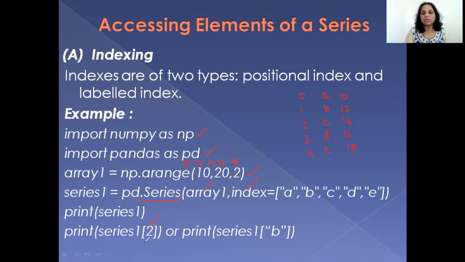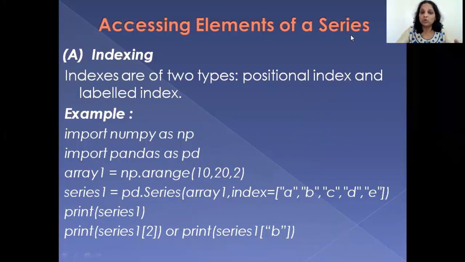Now let's look at the last line of the print statement. I say print series1[2]. What does that mean? As we know from the list, the string or the NumPy array, show me the element at positional index 2. So what's the element at positional index 2? 14. So I have the answer 14 displayed here. But in a series, since it also has labeled indexing, what does this line mean? Show me the element at labeled index B. And what's the element at labeled index B? 12. So the output here is going to be 12. Is it clear? Okay, so this is accessing the element using a positional or labeled index.